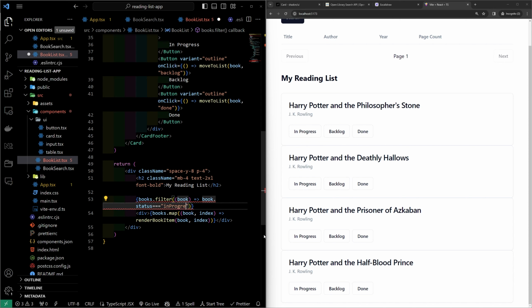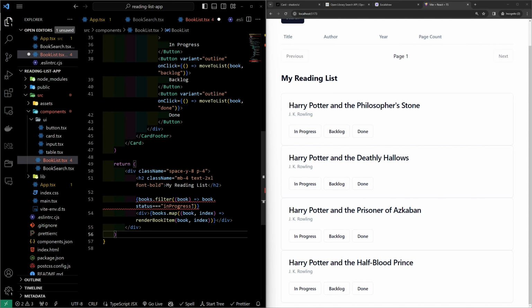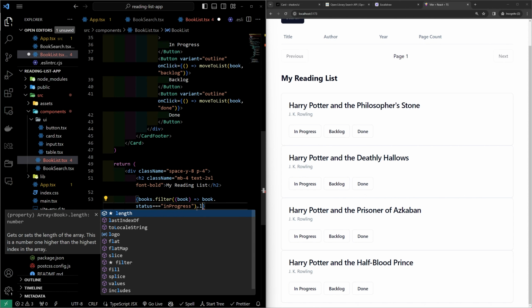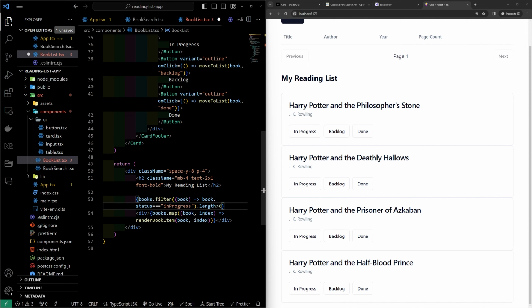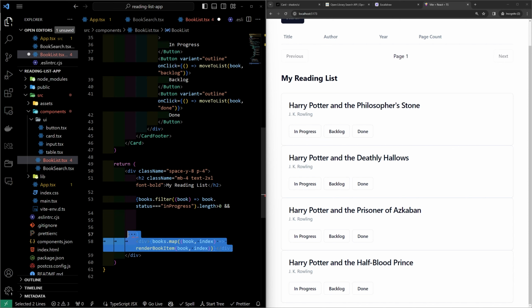Dude, I cannot spell in progress. So this is saying if the book.status is in progress, if that book filter.length is greater than 0, then return this,